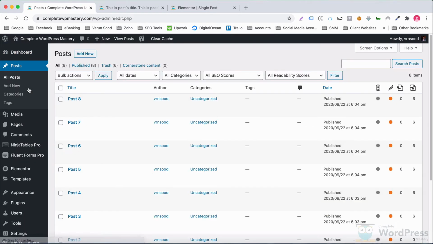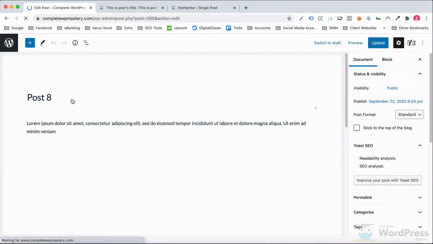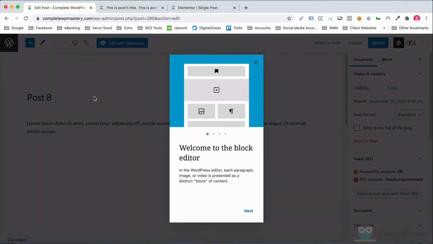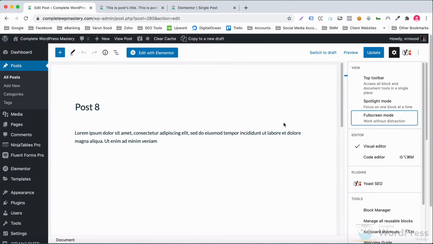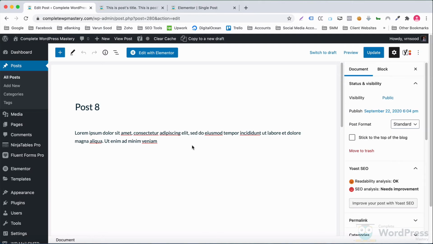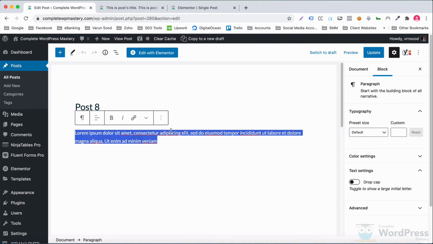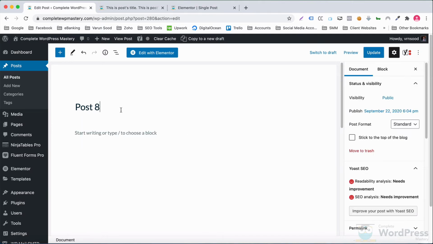Open any blog post to which you want to add content. Delete this snippet that we added earlier to the Gutenberg editor. Hit update and edit the post with Elementor.